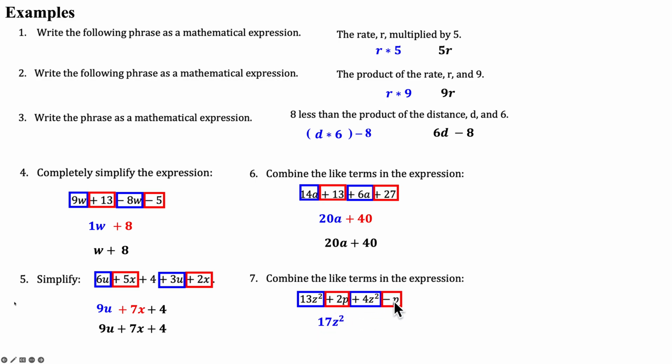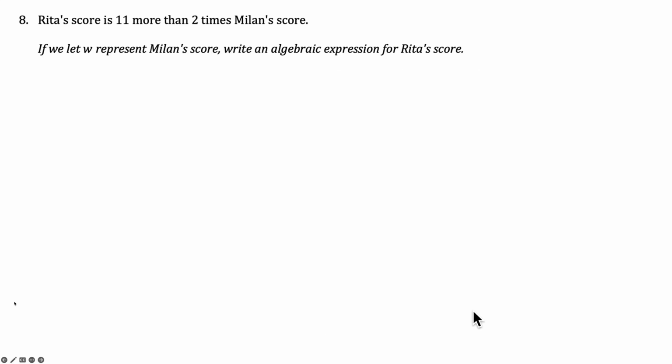2p minus 1p variable is a positive 1p. So again, here you don't need to keep the 1. You can just write it as 17z squared plus p. 8. Now here we have an expression, a sentence that turns into an algebra expression, and always identify the variable